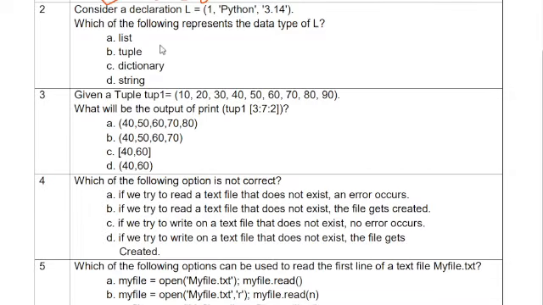It cannot be a list. It cannot be a dictionary. It cannot be a string. So it has to be the tuple. The answer is tuple.